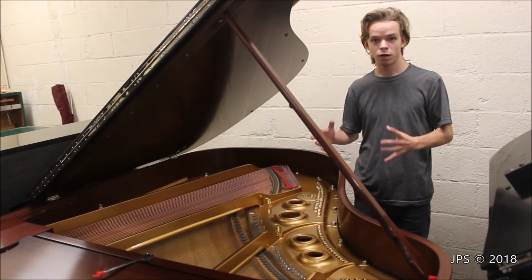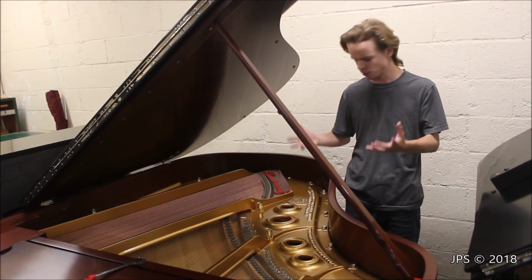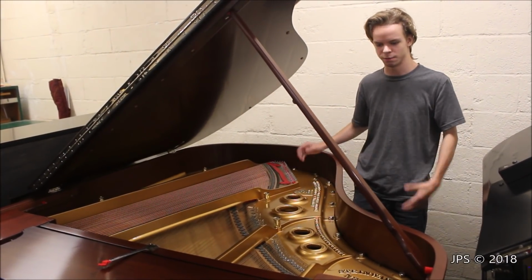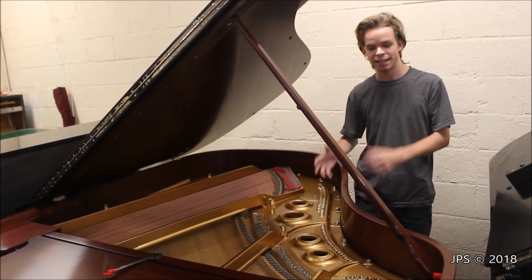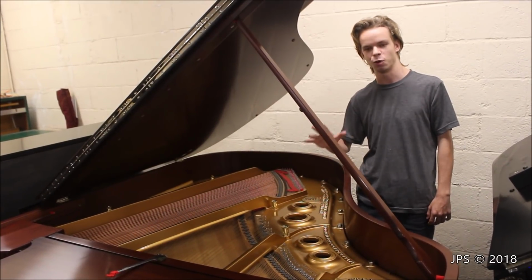Today I am here with one of the prettiest Steinways I really have ever seen. Steinway pianos in general are just absolutely beautiful. The color of the harp is wonderful, and the way the inside of the piano is laid out is wonderful. But this one in particular is really beautiful. This is a Steinway L, and I don't know the exact date. This piano was just recently rebuilt here at DC Pianos, and oh boy did they do a wonderful job of